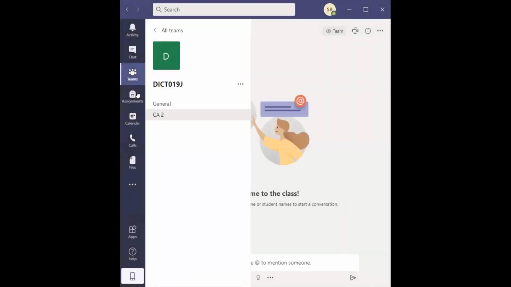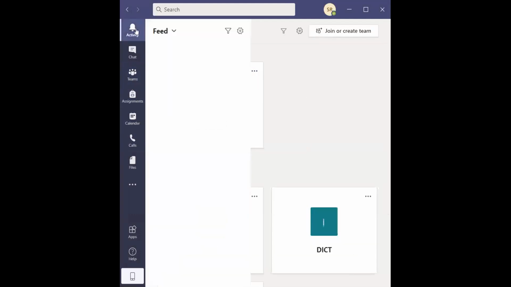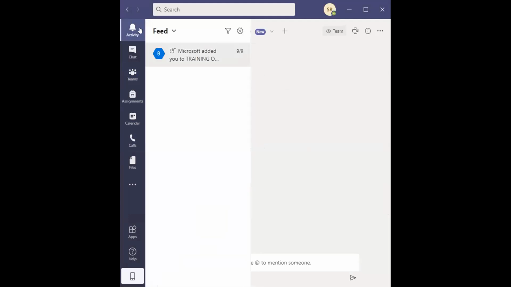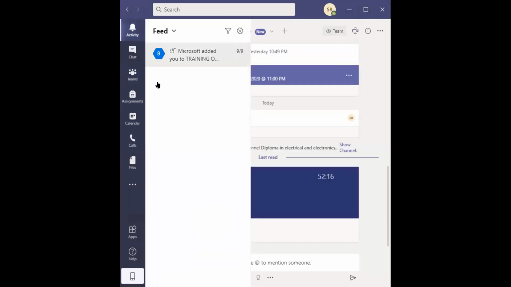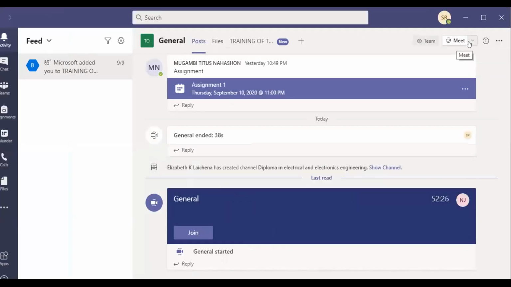I was also able to send you a meeting, where I could go back to the activity. I could come up there where we have two buttons.